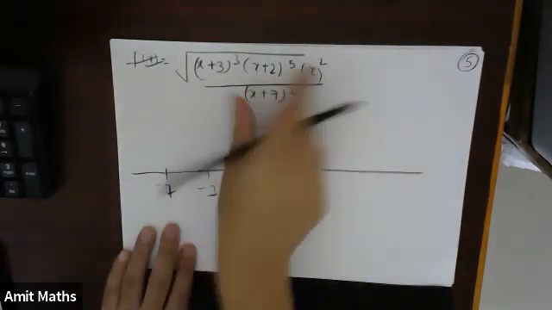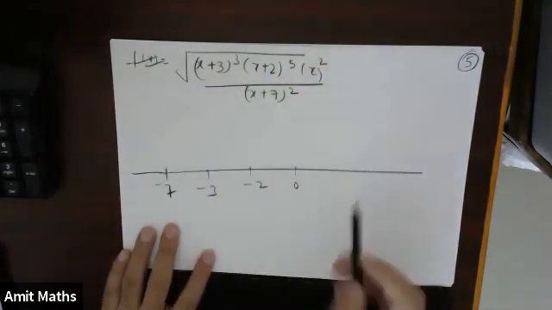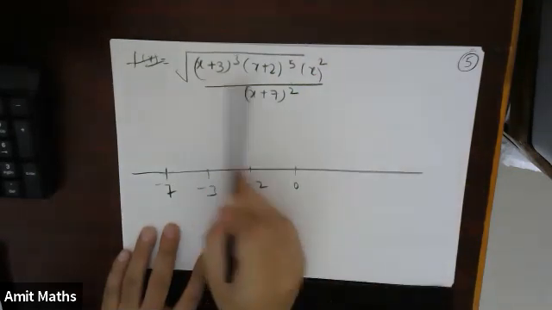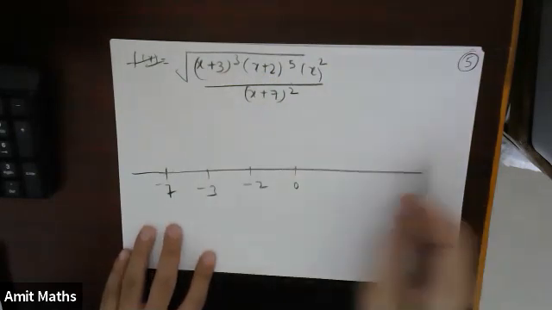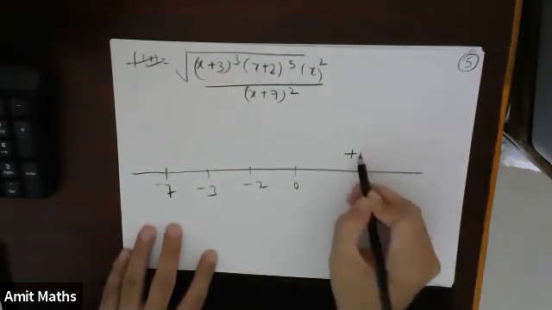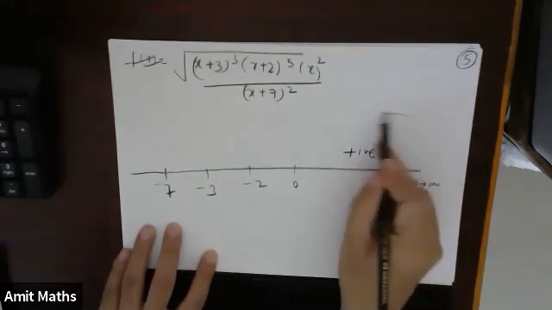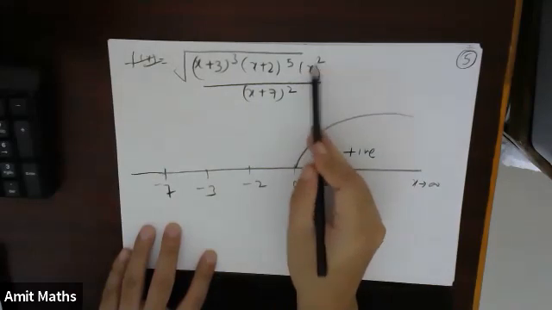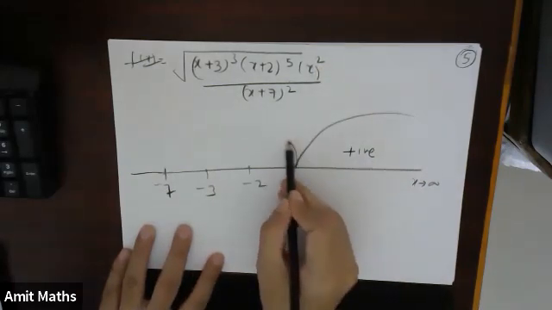Okay, I just have to check where this is greater than or equal to 0. At infinity, I will check. At infinity, this is positive, this is positive, this is positive, this is positive. So at plus infinity, it will be positive. Okay, so in this case, x extending to infinity, the graph is coming from the positive side at 0. The power of the critical point at 0 is square. So that means even power, it will bounce back.